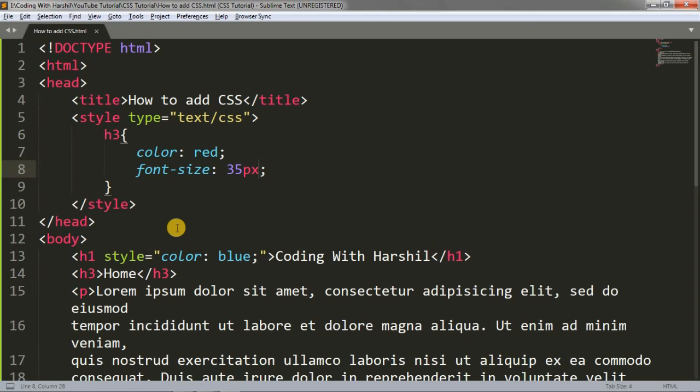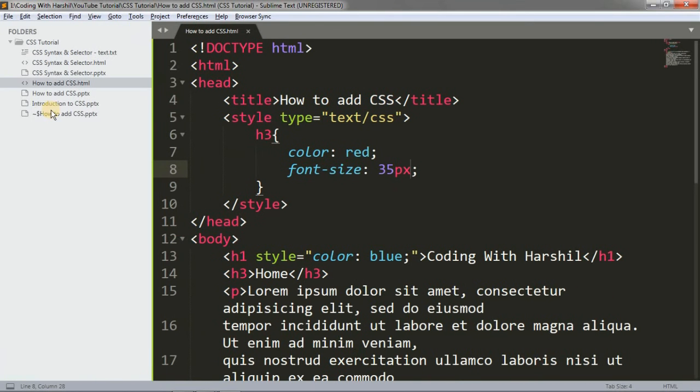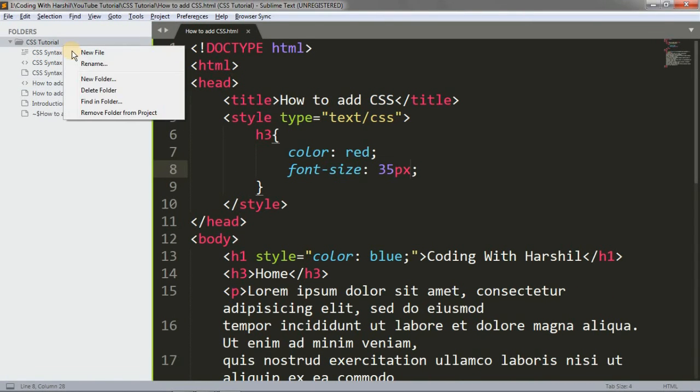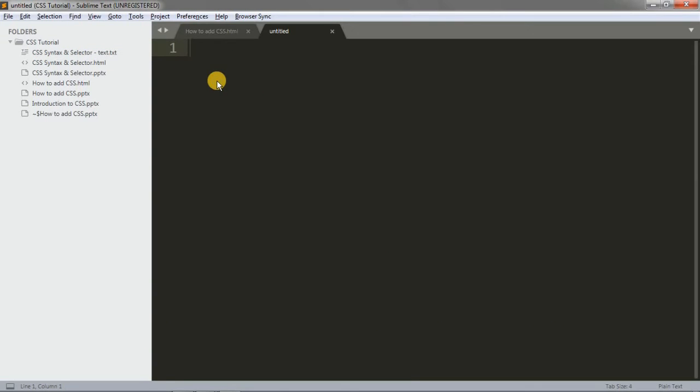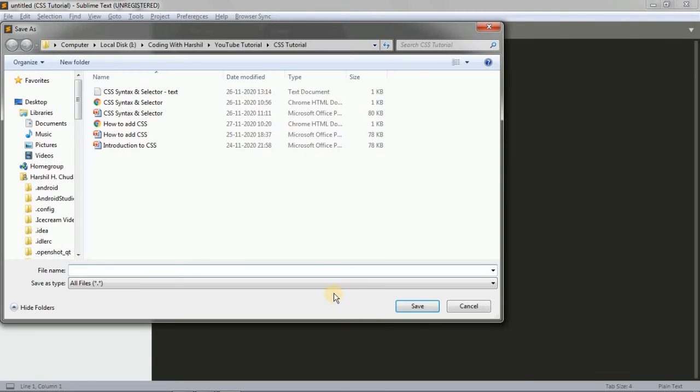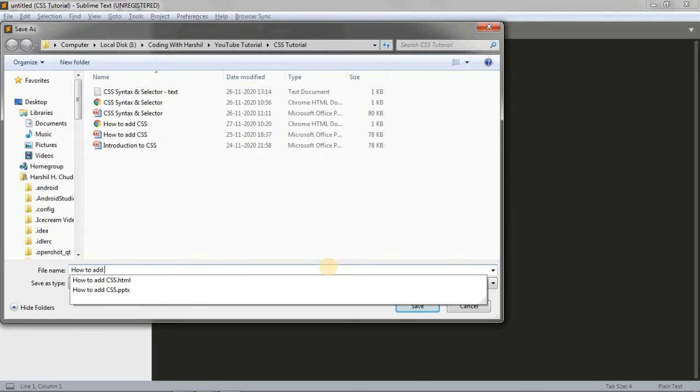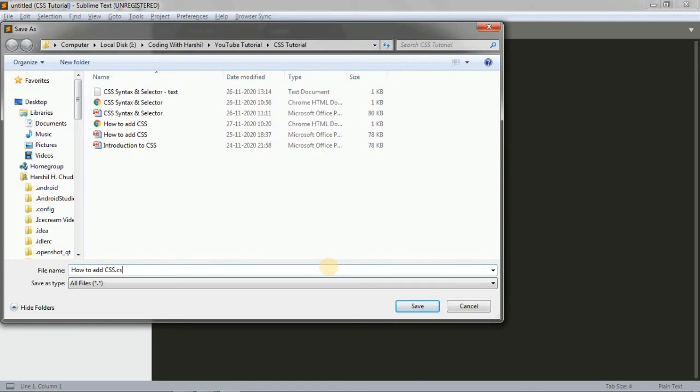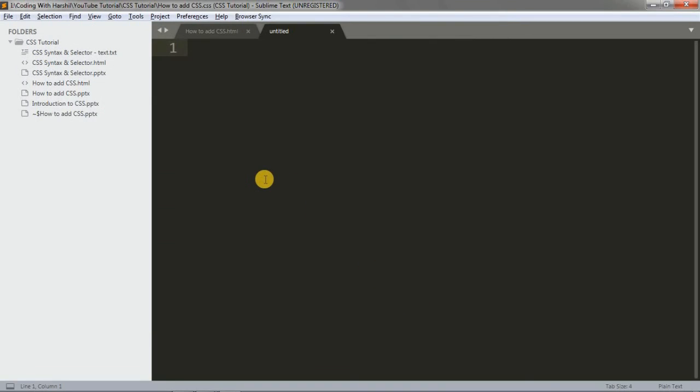Okay, so I will create a new file and I will save it as how to add css.css. Here you can see we have to add the .css extension to create a CSS file. Okay, .css extension is required. Okay, so now let's save this file.